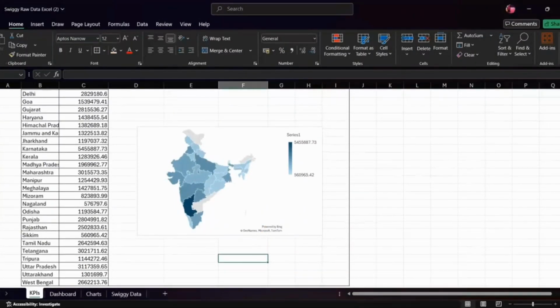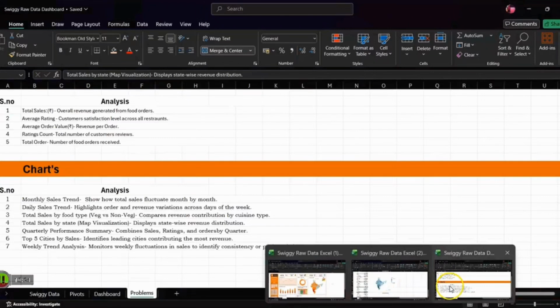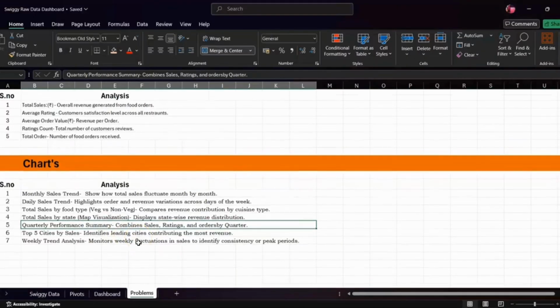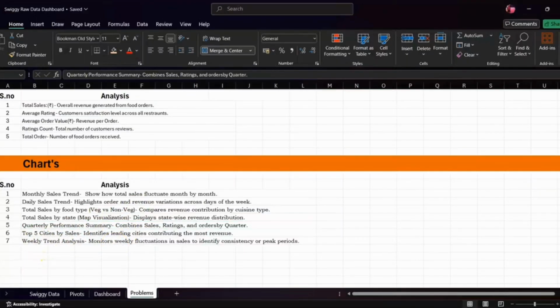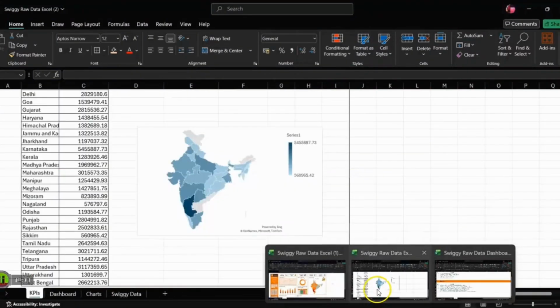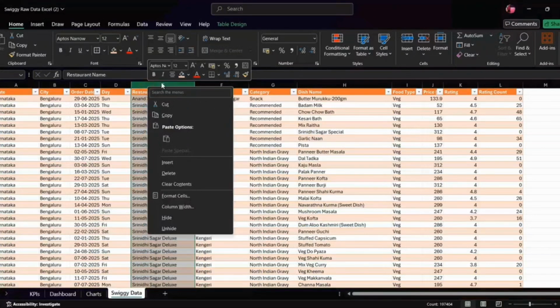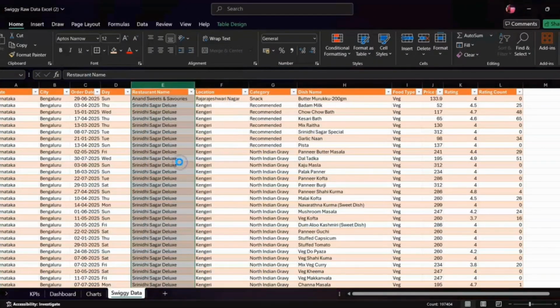So the next, wait. So now coming to our next analysis, that is quarterly performance summary. Okay, 3 more to go, guys. Quarterly performance summary, top 5 cities by sales, and weekly trend analysis. So let's do it. So for quarterly data, we have to go to our Swiggy table. Swiggy data. We can see that we don't have any quarterly column, right? So we have to create it. We have to first insert a column,